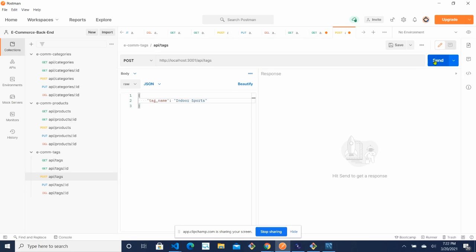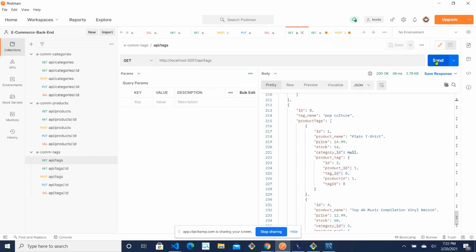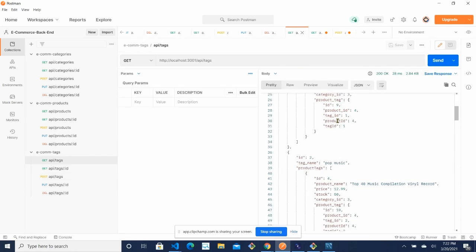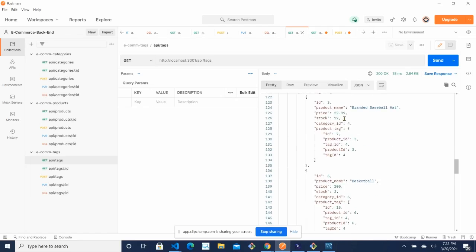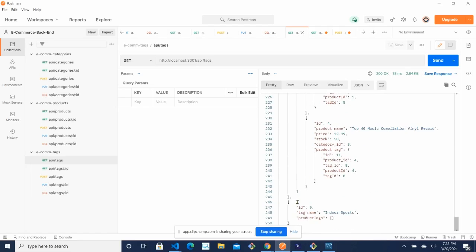So let's post this. A new tag has been created, indoor sports, with ID 9. This can be verified if you fetch all the tags data. So you can see that here it is. We have a new tag name created, indoor sports.